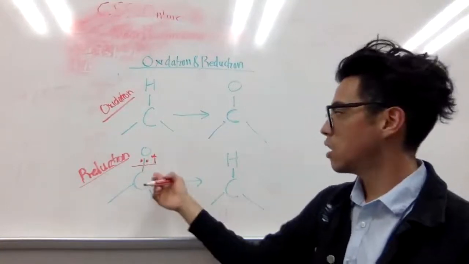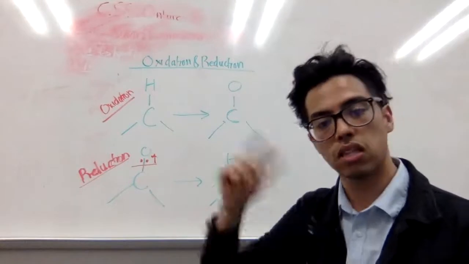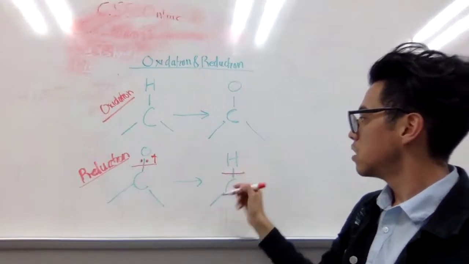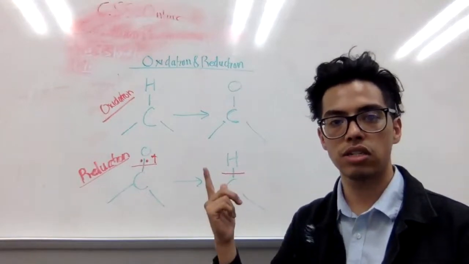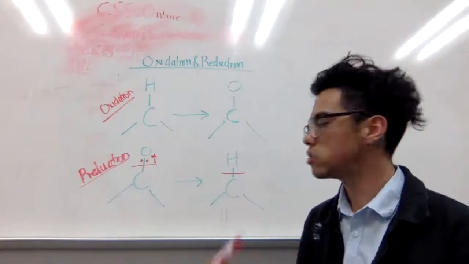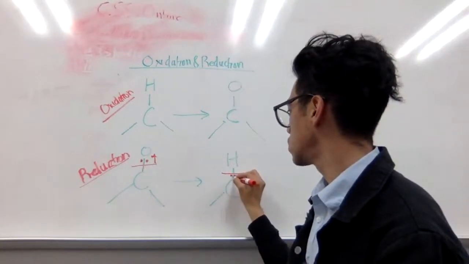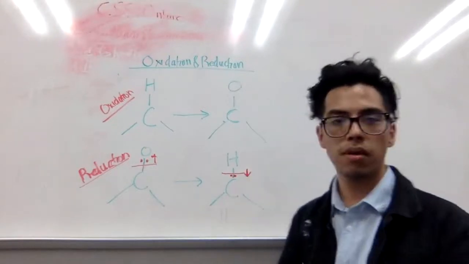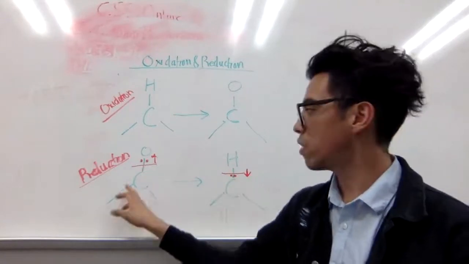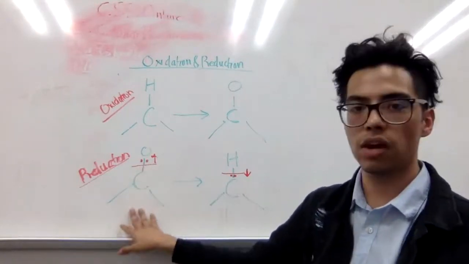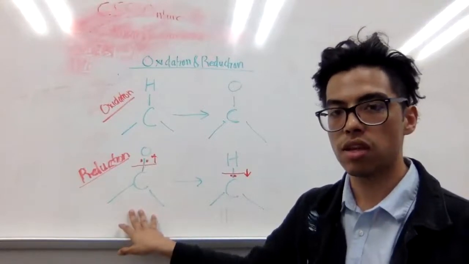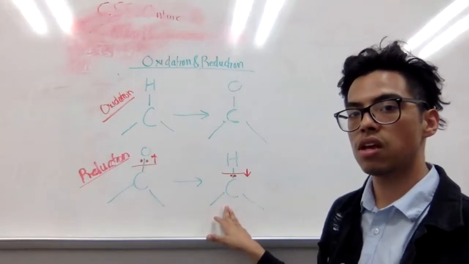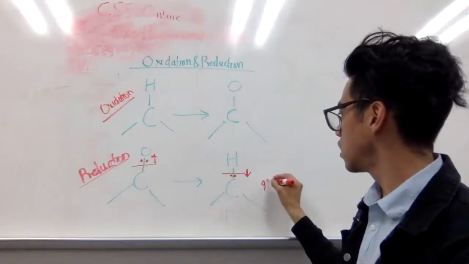Now, let's say the carbon loses that CO bond and gains the CH bond, and that's what we see here. Which one's more electronegative now, carbon or hydrogen? Well, carbon's a little bit more electronegative than hydrogen, so the electrons come a little bit closer to carbon. This carbon was not close to the electrons, but now it switched that bond to a hydrogen bond, and now the electrons are closer to carbon. So in a sense, it's gaining